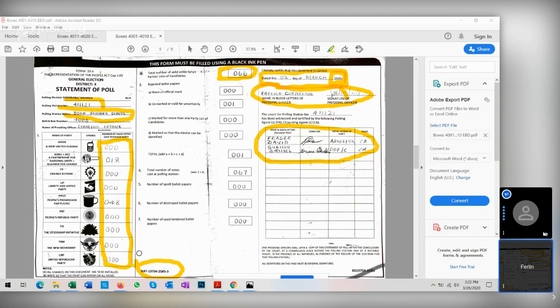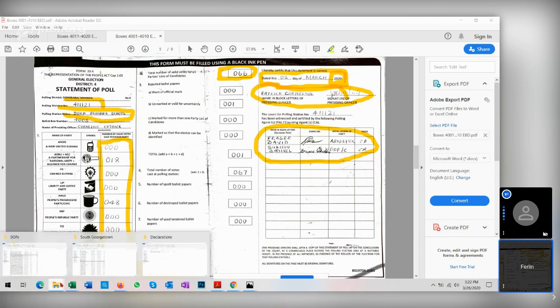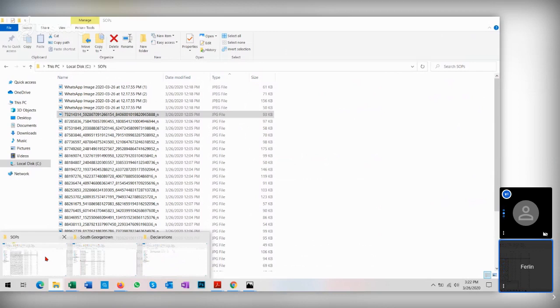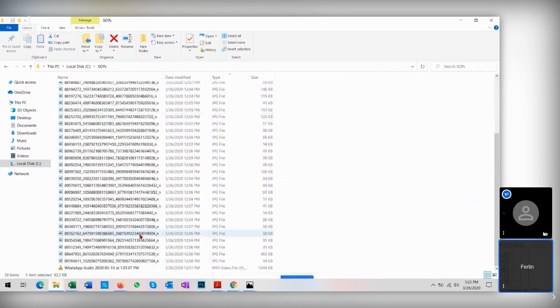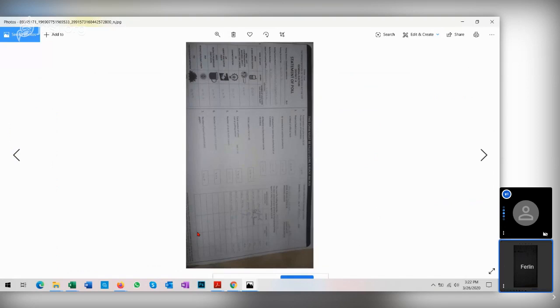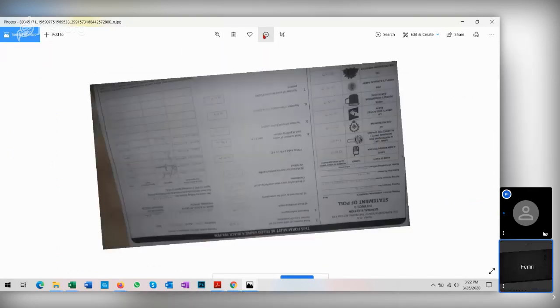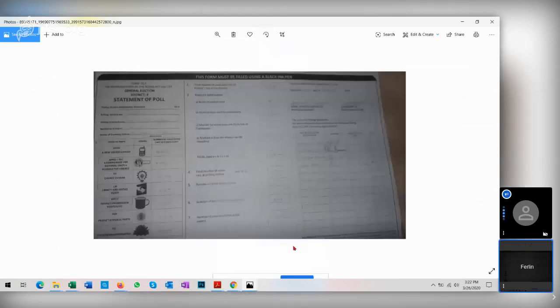So with that now, if you feel that this is not so, or this shouldn't be so, you can go easily get your SOP and compare it. And even so, actually post that online and show that, well, this is my SOP that I collected. This is what the PPP SOP had. Well, there's a discrepancy here, so I don't believe in PPP. Or, okay, well, this is correct, I believe in the PPP SOPs. It's that simple. And if there's that,